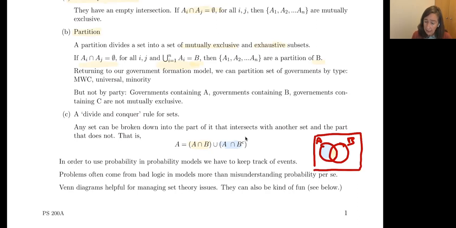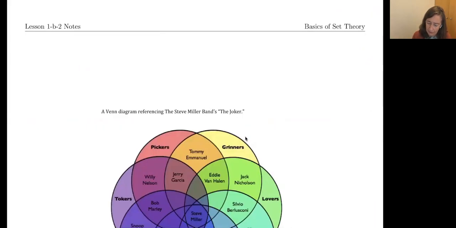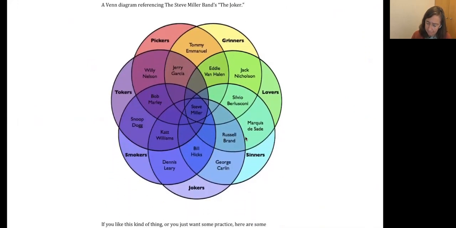So last thing that I'll leave you with, just reinforcing that idea of Venn diagrams being helpful for understanding sets and for checking basic logic in a visual way. Highly recommend them. Don't get too carried away because they're kind of fun. You can waste a lot of time with them, but if you want to fool around with a goofy Venn diagram, here's one that